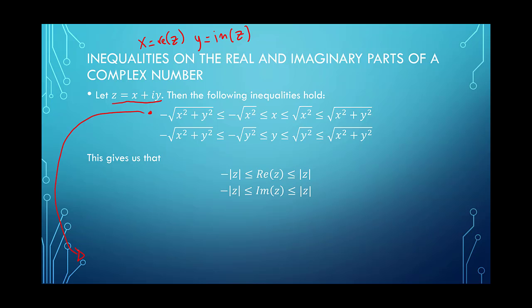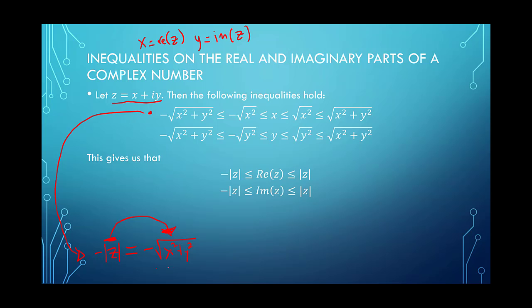Now, this is one of those times where in mathematics, it's actually pretty nice just to walk through from left to right. In any case, how we get this inequality is as follows. So first of all, the minus absolute value of z, by definition, is equal to minus the square root of x squared plus y squared. Okay, hopefully that makes sense. That's just coming straight from the definition. This part here is certainly equal to this part. That's how we find the modulus.